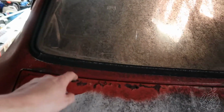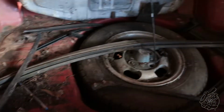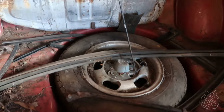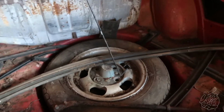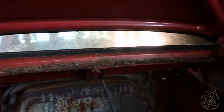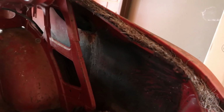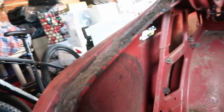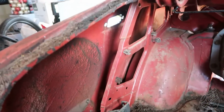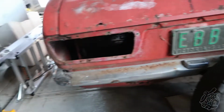boot lid is dead, same as mine in the same spots there, but a bit worse. And then inside, can't really tell, I'm not going to lift the wheel now, but there's a hole in the spare wheel well, there's a caster arm there, and the fuel tank looks okay from the outside, but you never know on the inside. But you can see inside the guard there actually looks alright. Doesn't look like there's any damage really. This bumper's a bit